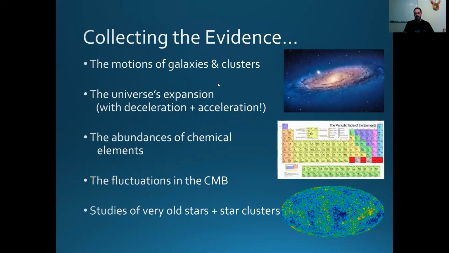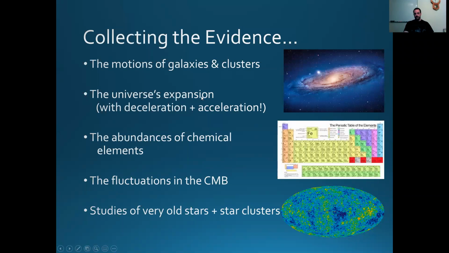We can look at the motions of galaxies and clusters of galaxies. And just like the motion of the moons around Jupiter tells us the mass of Jupiter, the motion of the moon around the Earth tells us the mass of the Earth. If we measure the speed of stars going around the galaxy, it tells us the mass of the galaxy. And it turns out that galaxies are way more massive than you would guess based on just adding up the masses of the individual stars. So that indicates that galaxies are dominated by something we call dark matter. It's matter which is dark. It doesn't emit light. So it turns out that whatever we see here is only the tip of the iceberg. There's actually a whole lot more matter called dark matter.